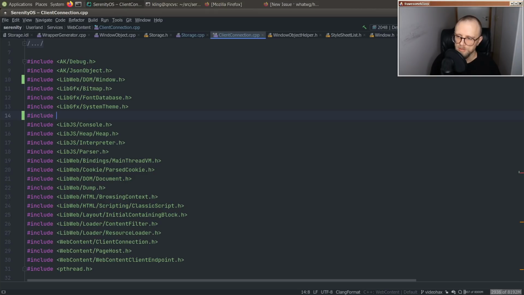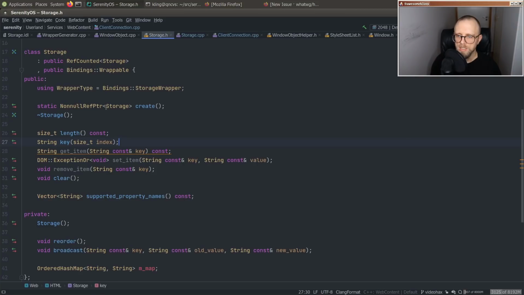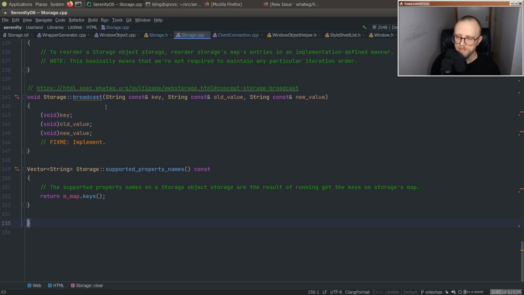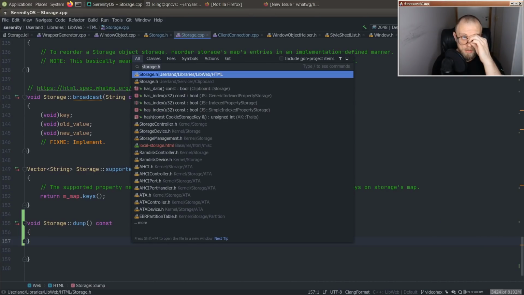Just need a handful of includes. Storage.h. We'll add a little API for that. Then we can start a rebuild, and